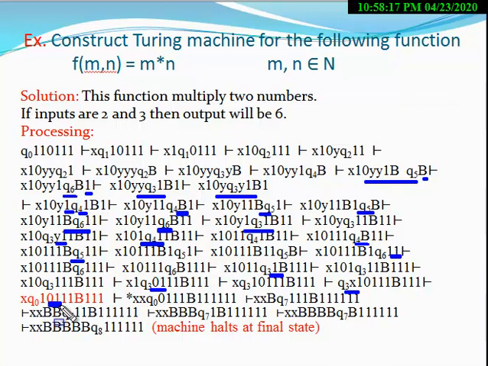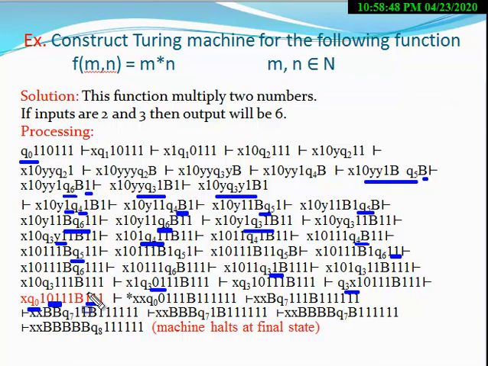Now in this situation, at the state Q0, the Q0 state is here. So one cycle is completed. You started from Q0, and now you again reach Q0. One cycle is completed and the number of 3 ones come here. So one is removed here, and the 3 ones are copied here.